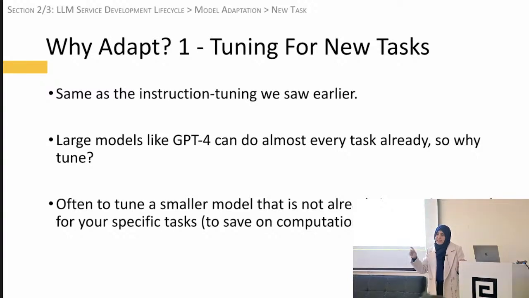But if I give the same thing to a very simple model like BERT, which is one of the smaller models, it doesn't know how to do that by itself. But if I can train it, because BERT is good at classification and pretty much just classification, it'll learn really well how to do that, and it'll be much faster and cheaper to run, right? So that could be one of the main reasons that I want to tune for instruction for a particular task.